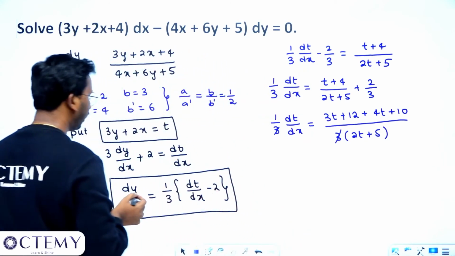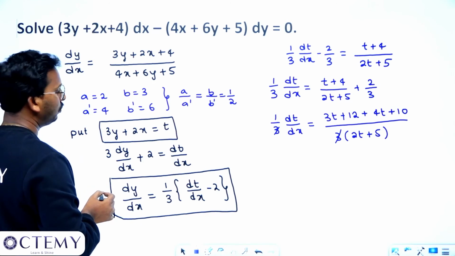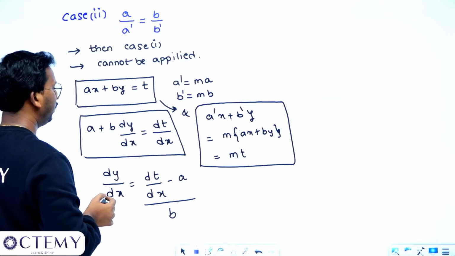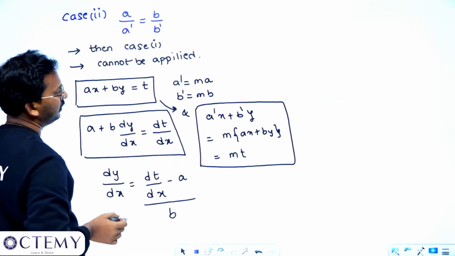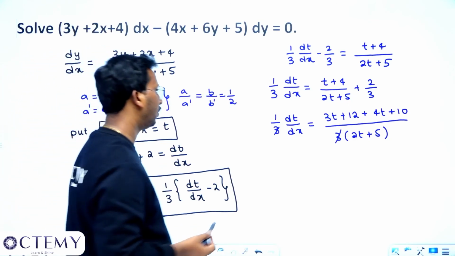Where is the x, sir? I completely forgot about x. dy by dx is equal to, what did I do here? Yeah, dy by dx. This is alright. There will not be any x. So variable separable form will come like this only.